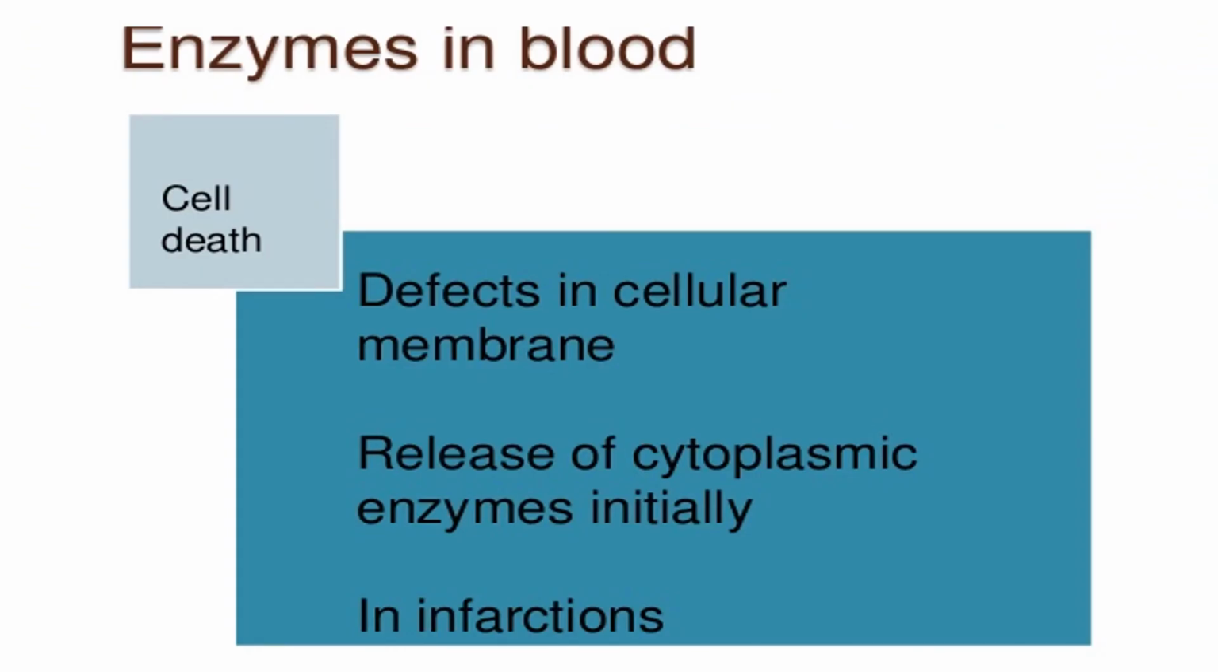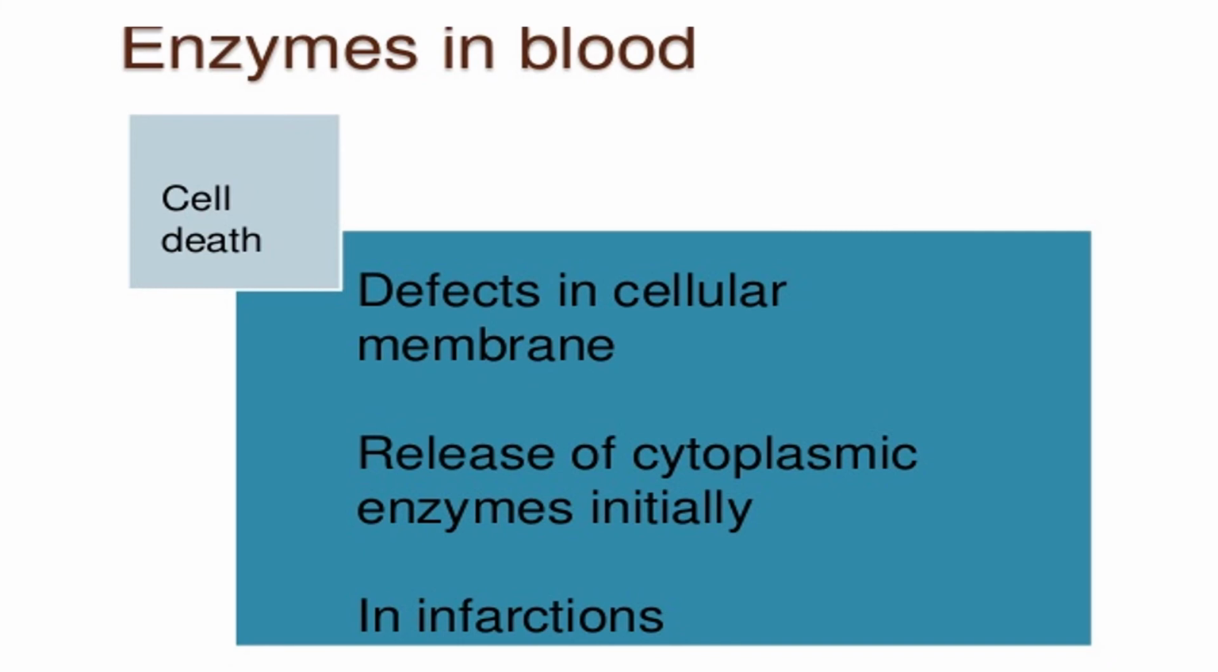Now, what could be the possible mechanism of increased concentration of non-functional enzyme in the blood? Definitely, it is cell death. Now, cell death can be because of a defect in the cellular membrane. Free oxygen radicals may cause damage to the unsaturated fatty acids present in the lipid bilayer of the cell plasma membrane. So either there is a defect in the cell membrane, this will also result in the release of the intracellular